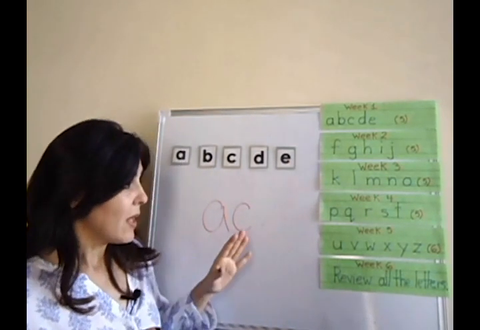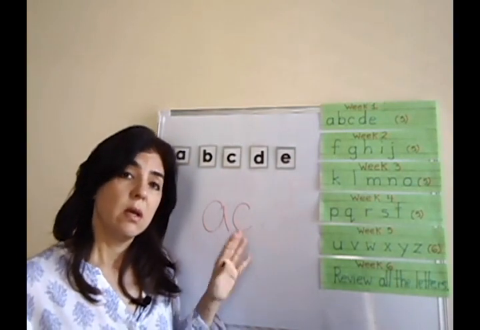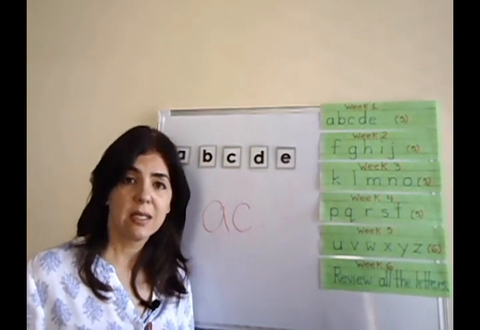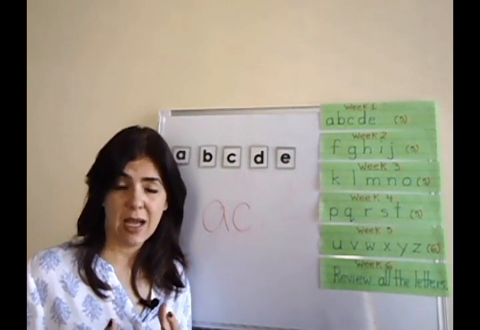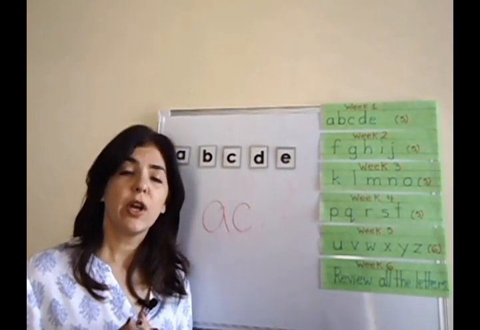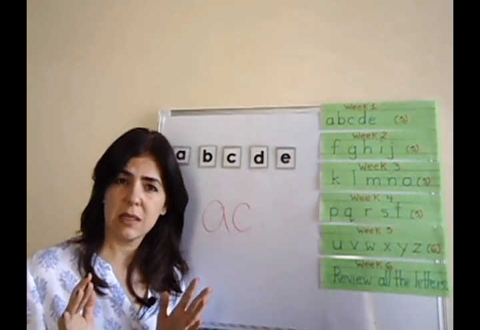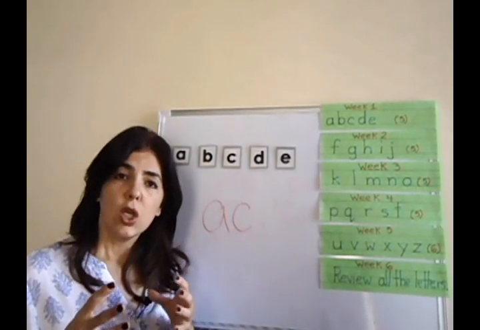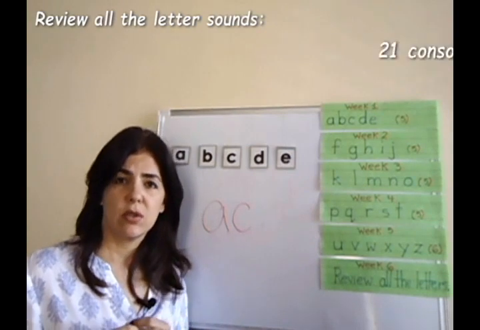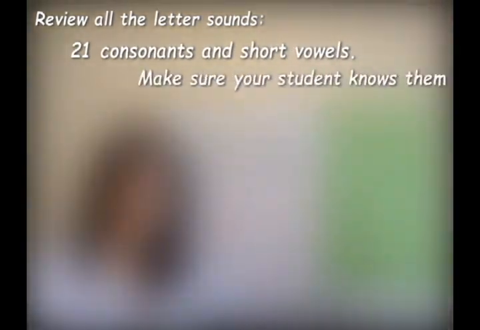Well, after 6 weeks, your child should know the 26 letters of the alphabet, the sounds of those 26 letters. What are you going to do by the end of 6, 7 weeks? You're going to review those letters, all the letter sounds, the 26 letters. Another thing,